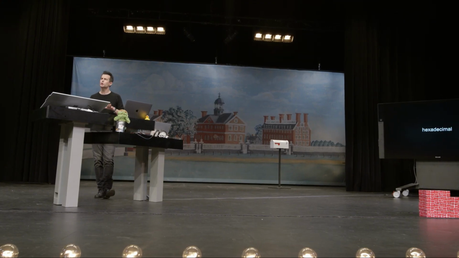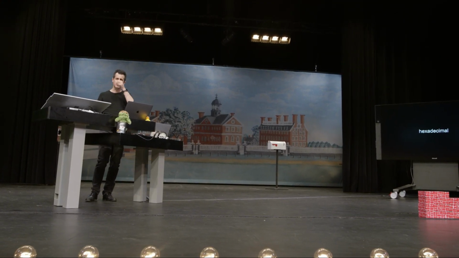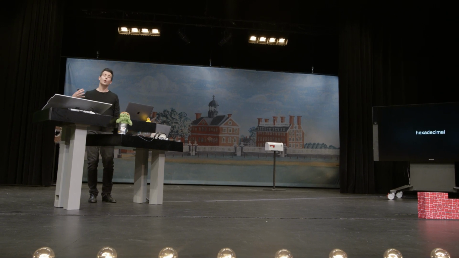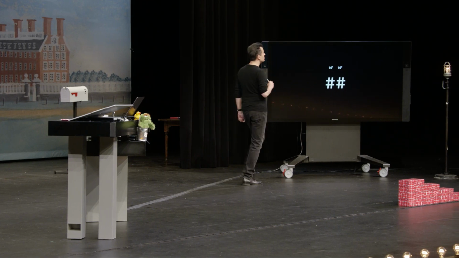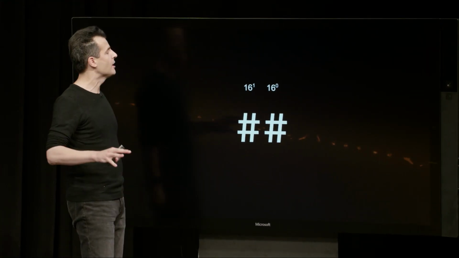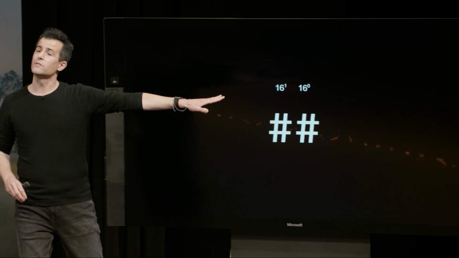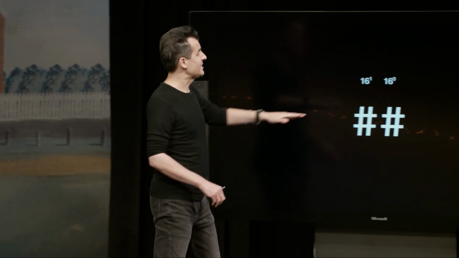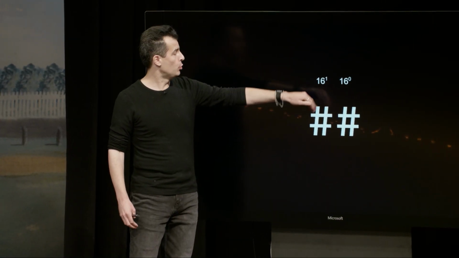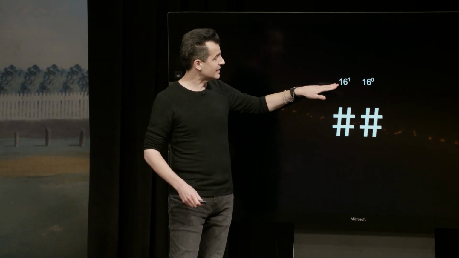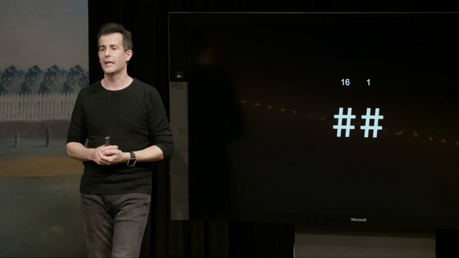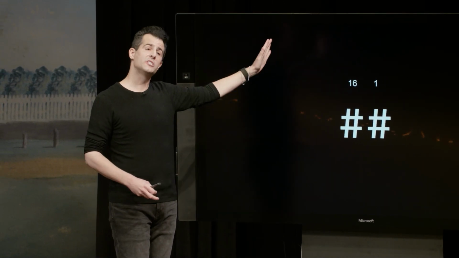Hexadecimal works quite similarly to our familiar decimal system, and even to what you now know as the binary system, as follows. Let's consider a 2-digit value using hexadecimal instead of decimal or binary. Just like in the world of decimal we used base 10, or in the world of binary we used base 2, we're now going to use base 16, ergo hexadecimal. So this is 16 to the 0, and this is 16 to the first. If we multiply that out, it's just the 1's column and now the 16's column.